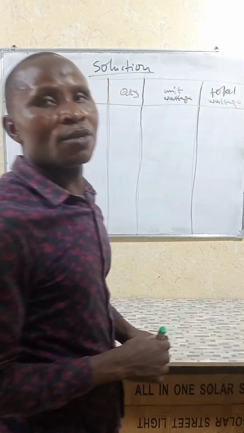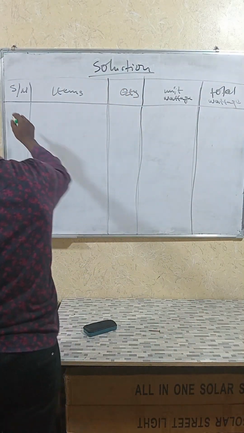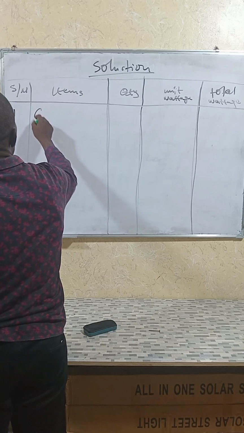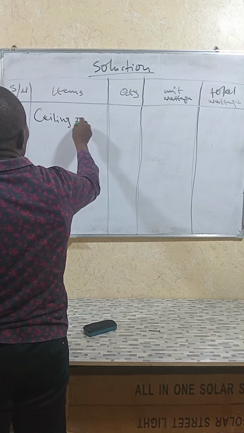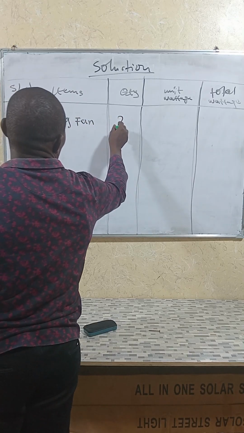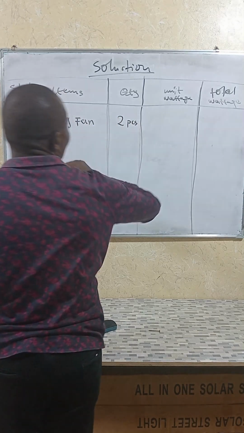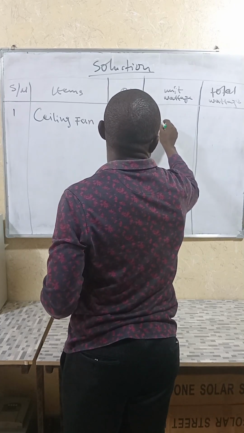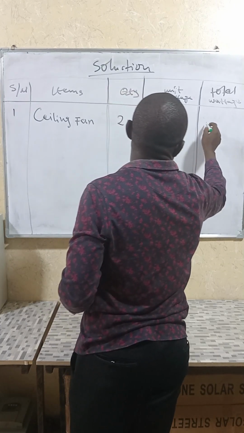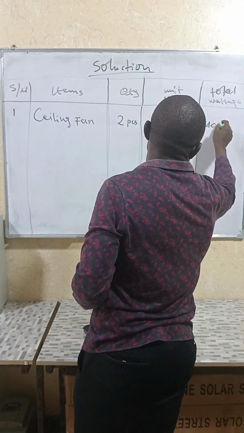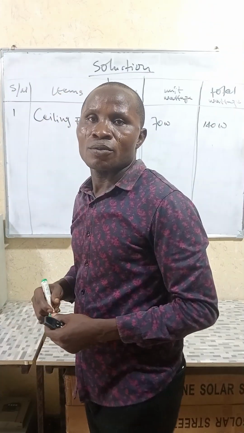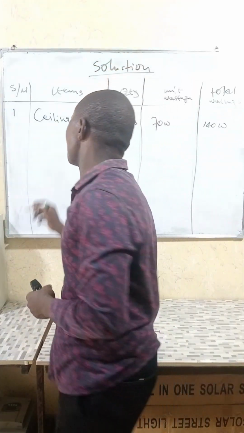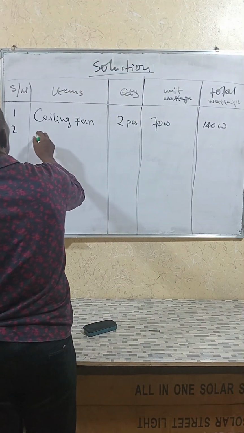So number one is ceiling fan. It's 2 pieces, 70 watts each, which is 140 watts. We have electric bulb, 10 pieces,